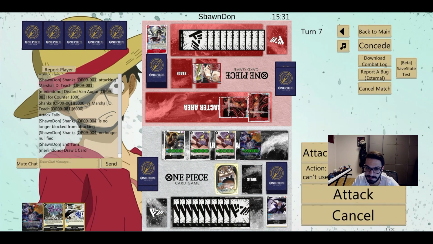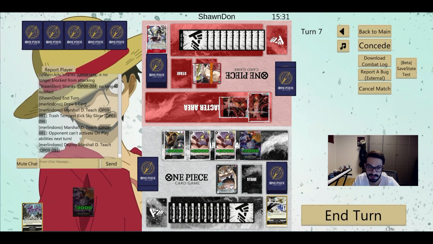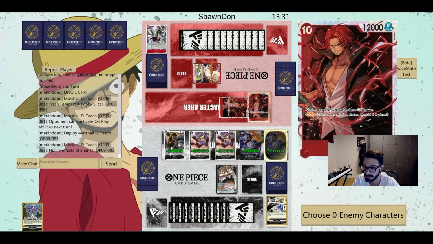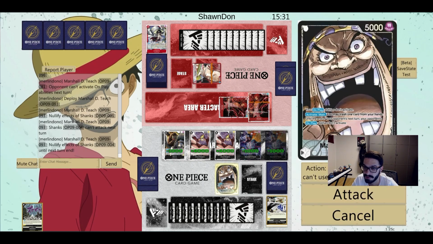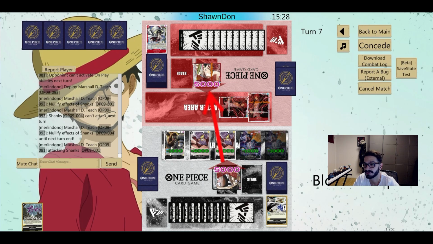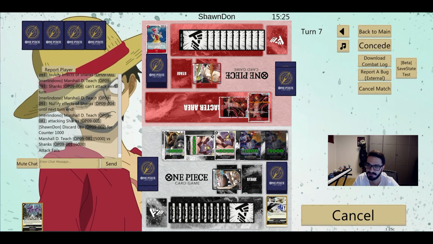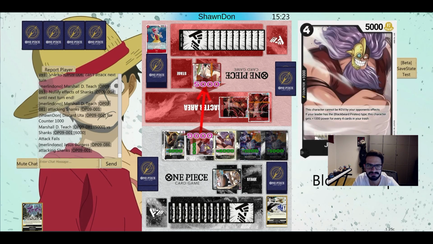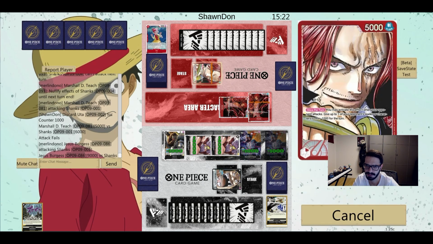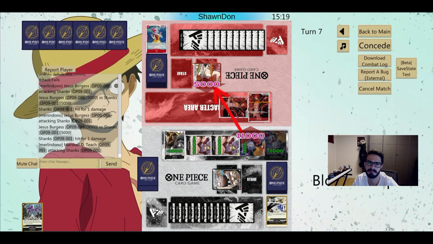And now it's time for us. We either play our Blackbeard, which we do because we lose anyway 1k from each character. So we play our Blackbeard, we are safe. We attack his leader first with our leader, and now we have 3 big attacks. And if he manages somehow to defend one of them, then we will probably